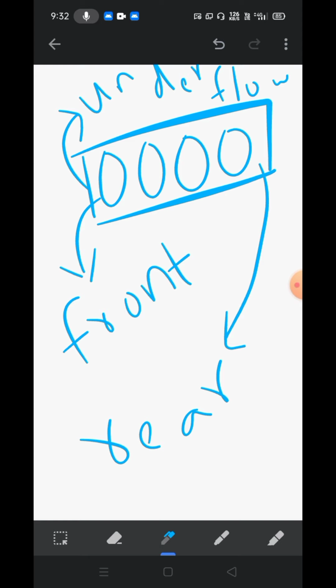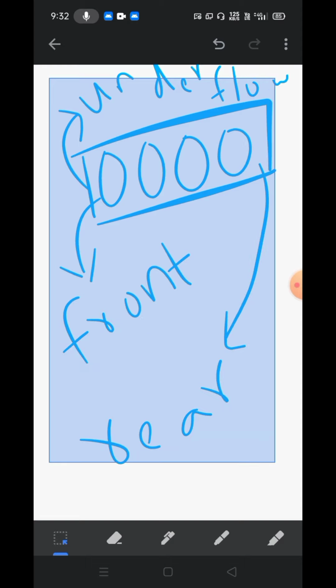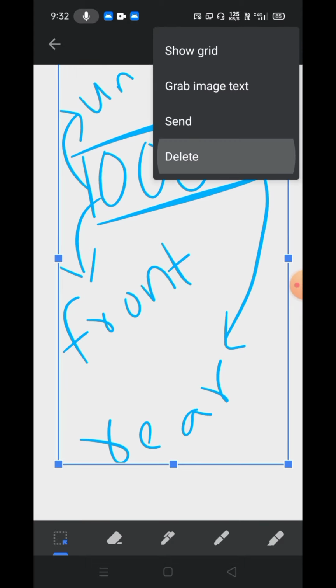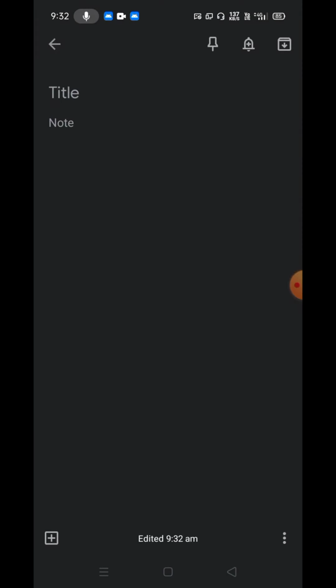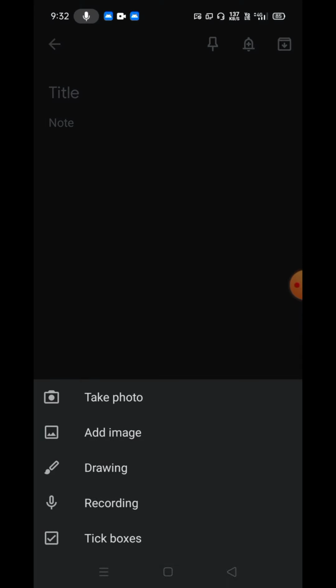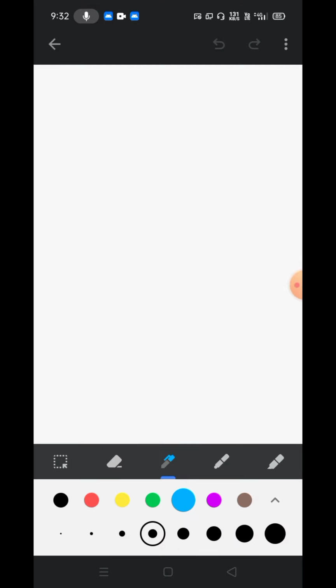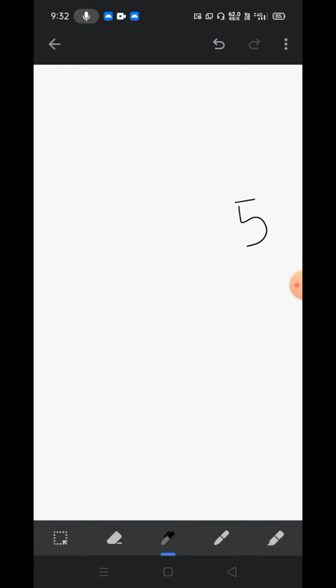If we take a maximum limit for a queue, suppose I have taken a limit of 5 objects for the queue and I have inserted 5 objects.